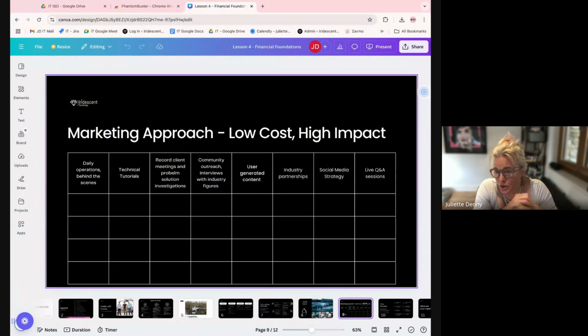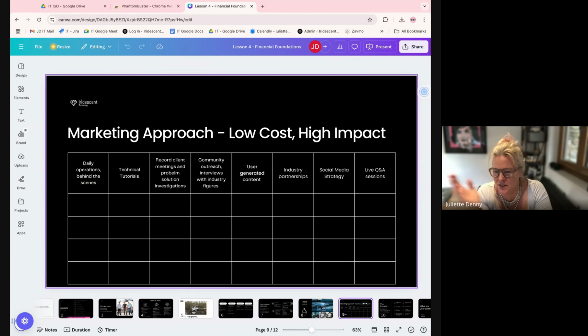Then they're going to look at industry partnerships. What can they do for industry partnerships without having to pay for it? These can be PRs, these can be writing articles. There's loads of different things you can do with industry partnerships. They could partner with a gin company, for example, and make a story of how Dudes with Drones ended up with Flora Gin doing an event,